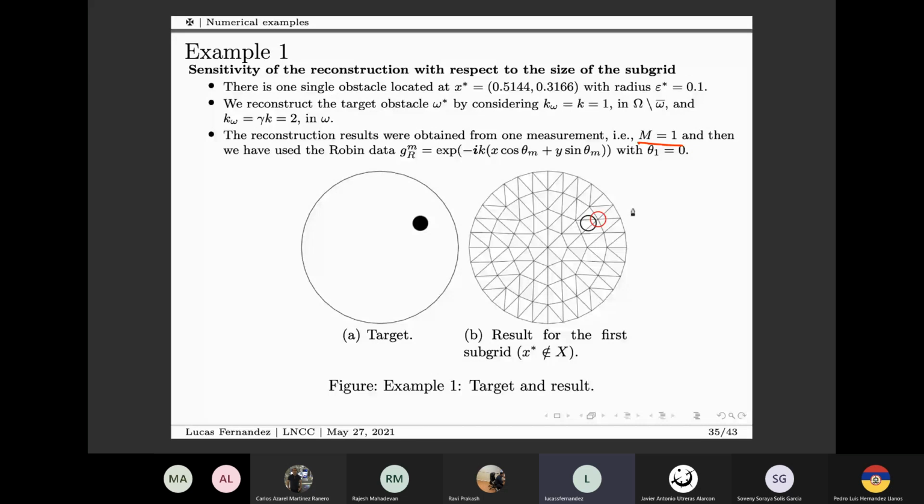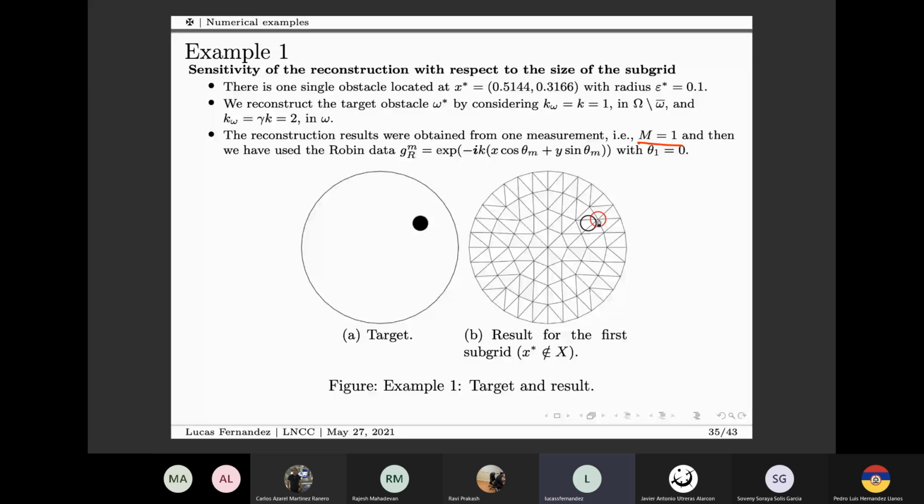So for this first subgrid, none of its interior nodes coincides with the center of the target obstacle. So in this case, the algorithm returns a location, a node which is closest to the real center of the